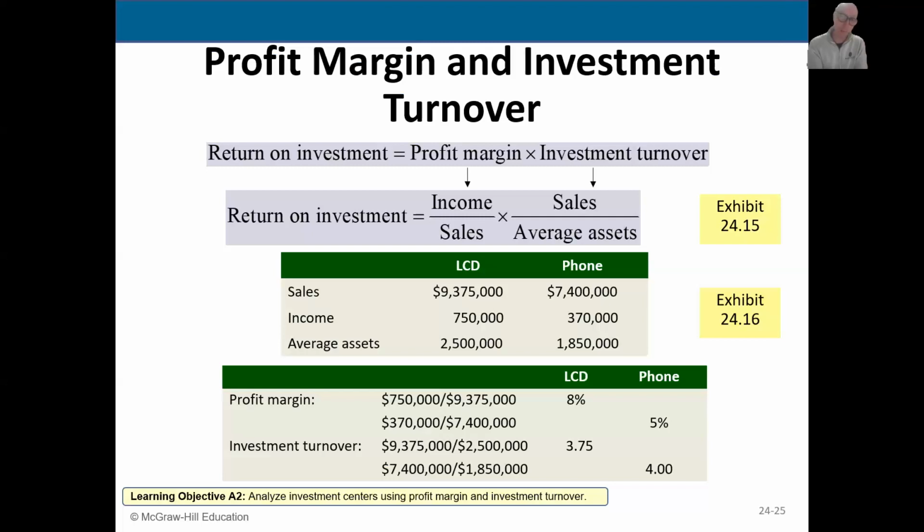So when I multiply these together, I'm actually looking at income divided by average assets in order to understand return on investment. Okay. Now that we know how to do that,